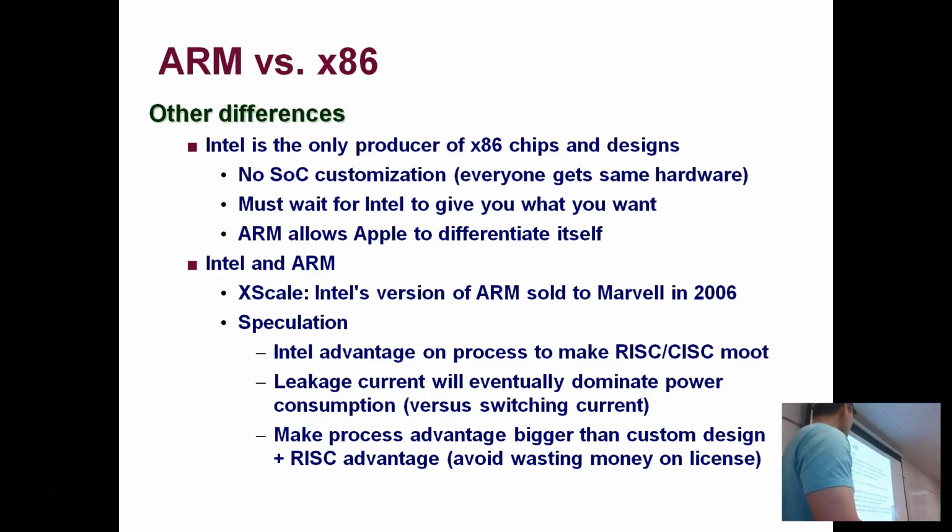Intel had an ARM. It had bought what I think was called XScale at the time. It was producing ARM chips, and then it abandoned it because it wanted to do this Atom thing. And it turns out maybe they shouldn't have abandoned it. But they abandoned it, and so mobile devices are mostly ARM now.